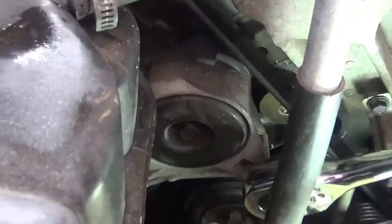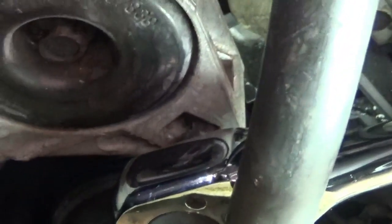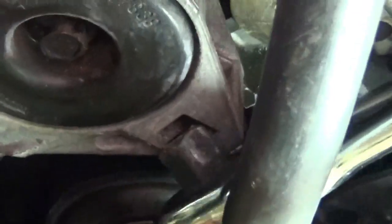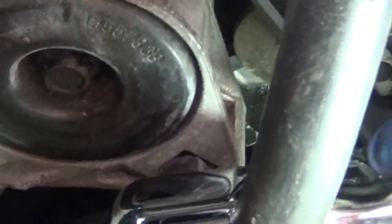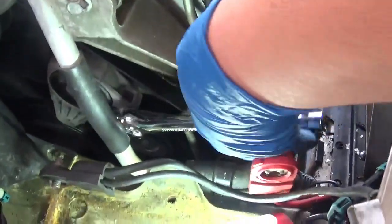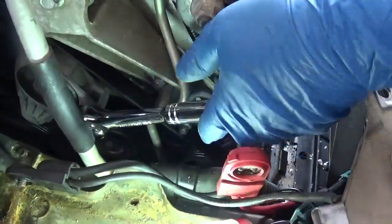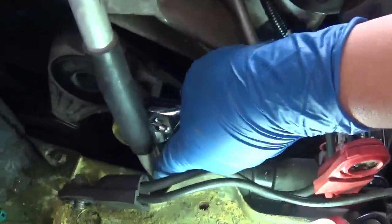You can put right here, just line it up and finagle it on there. But as you can see from that angle, if we were to put it on there, it just takes a lot more. Yep, we could do it like that. But then right here, it's really tight to move, and it just kind of gets in the way. If the radiator and the other components were in place, we wouldn't have as much room. So that's why I prefer to